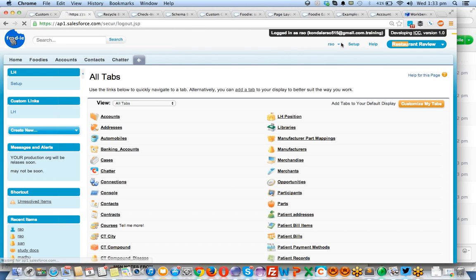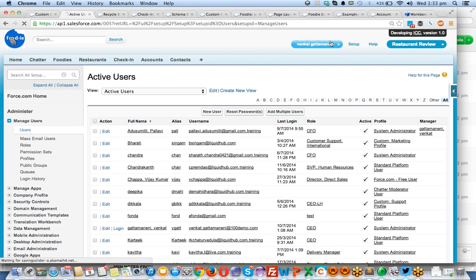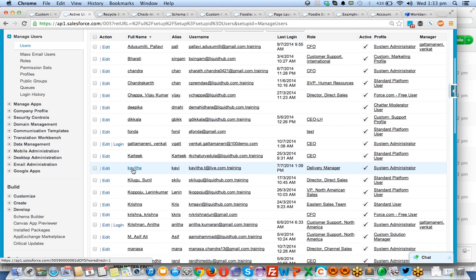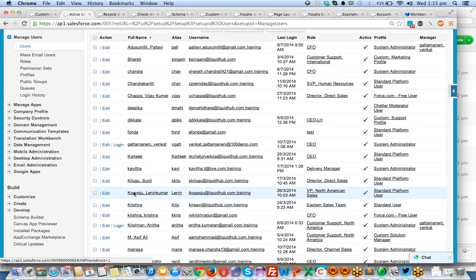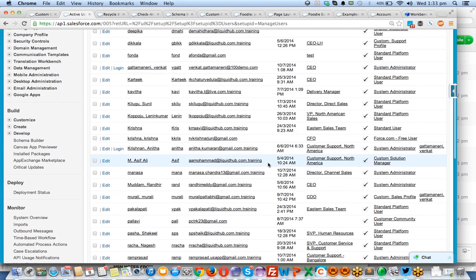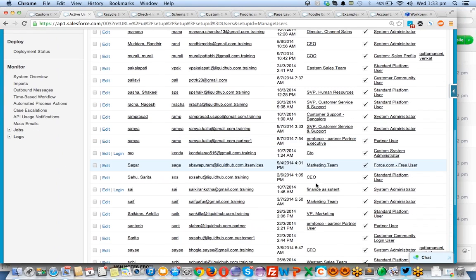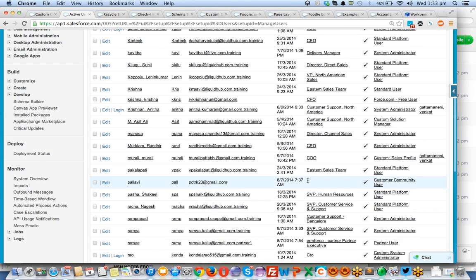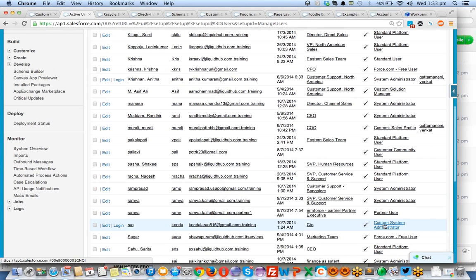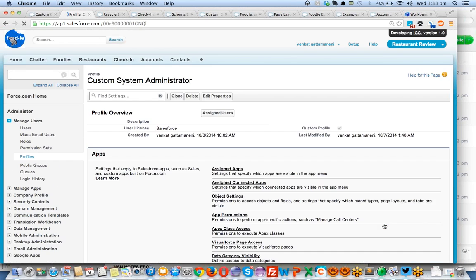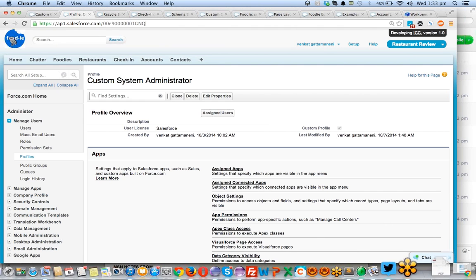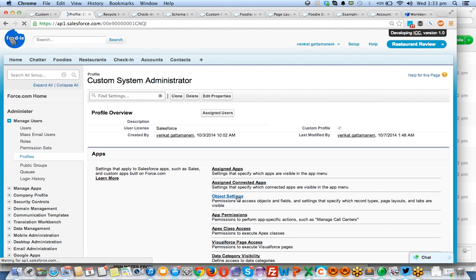Click on log out here. If you click on log out, you can come back to your own login. This is internal, so you are logged in as the other user for only a short period of time to check what the issue is. Now come to Rao's profile. Here is Rao, right? You found the issue that this user does not have access to object permissions, and you're going to give access permissions now.